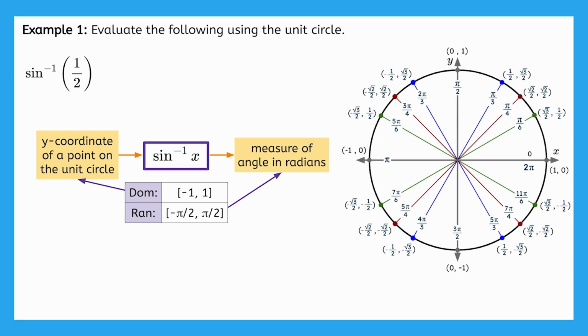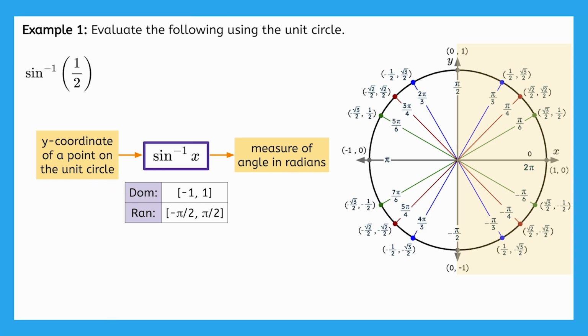On the unit circle, remember negative angles are those measured clockwise, so negative pi over 2 falls on the same place as 3 pi over 2, and the angles in the fourth quadrant can all be seen as simply the negative, reflected versions of the angles in the first quadrant. Therefore, the angles that inverse sine considers fall exclusively on the right half of the unit circle, from negative pi over 2 right at the bottom, all the way to pi over 2 right at the top.